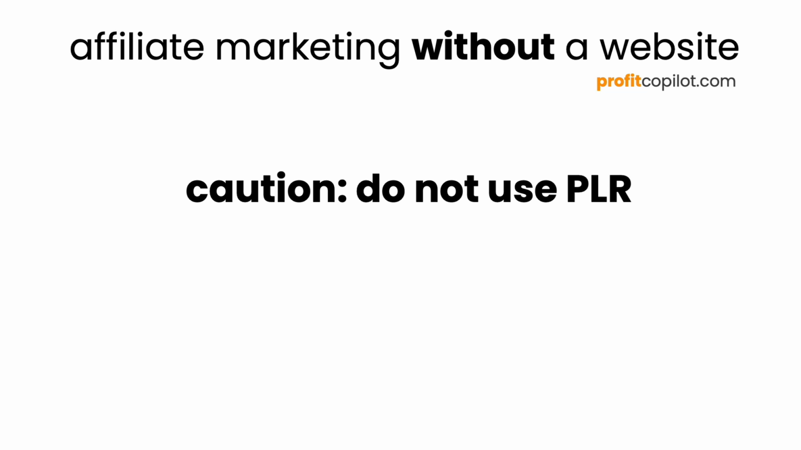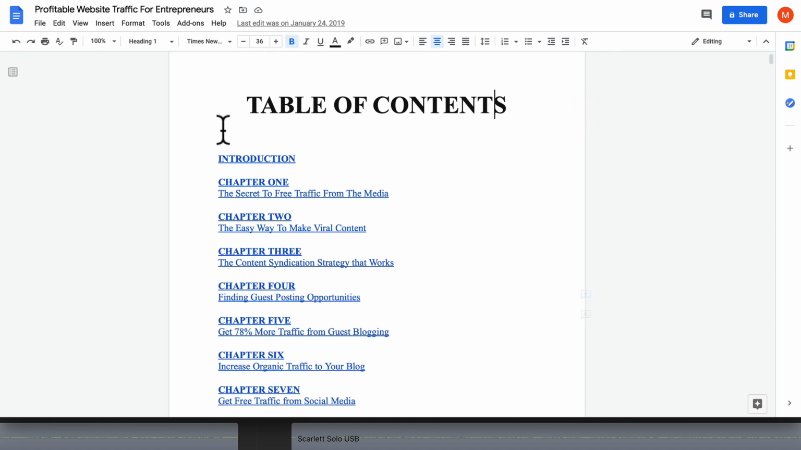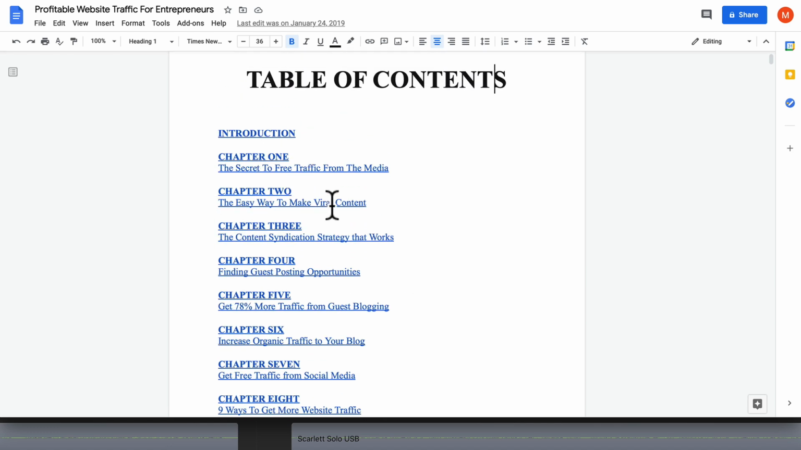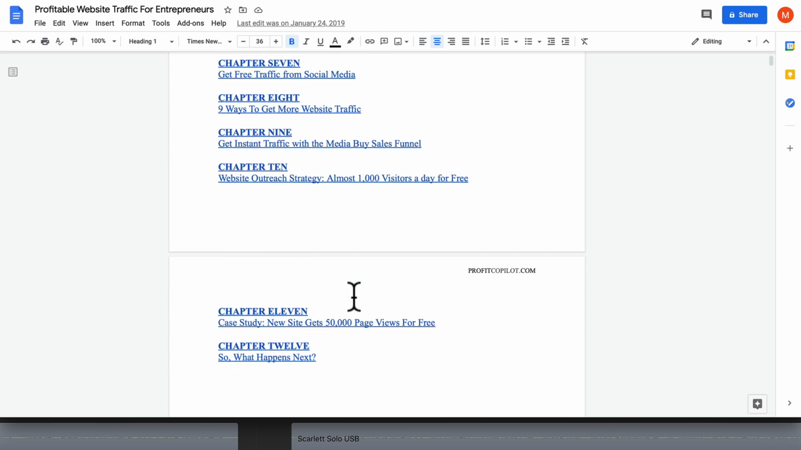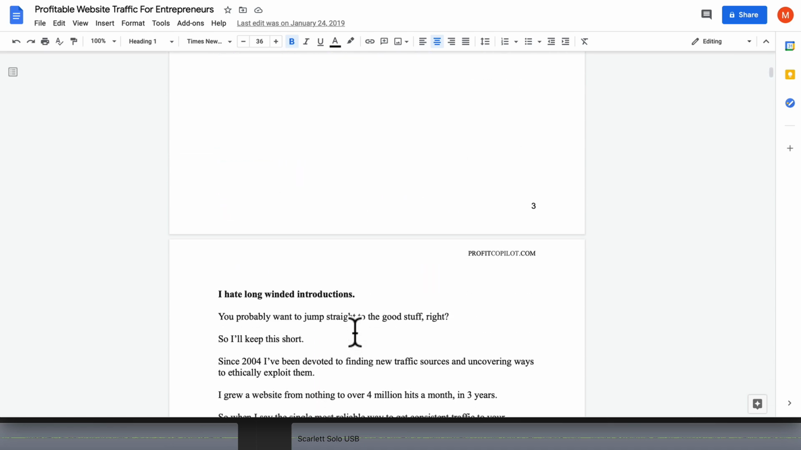Okay, so let me take you to one of my books so you can see how I structure it. Now, I did spend a couple of years making this, so I don't expect you to do the same. You can churn these out really quickly and easily, or you can just hire someone else to do it. So the first thing that I have is this table of contents. So it shows how I drove traffic to my various websites. And if we go down, you can see that